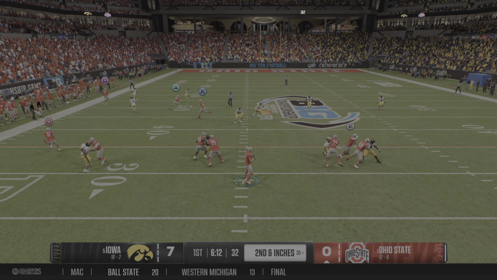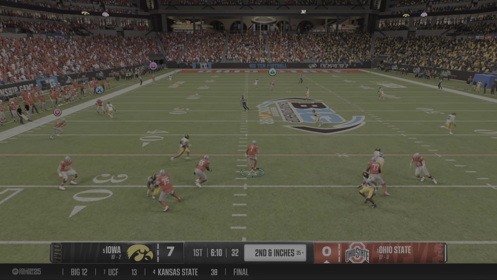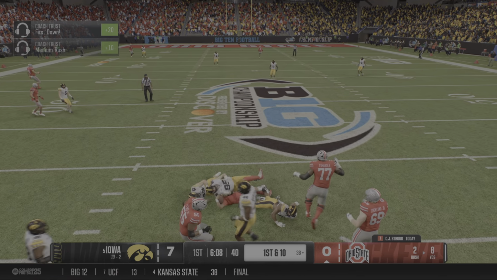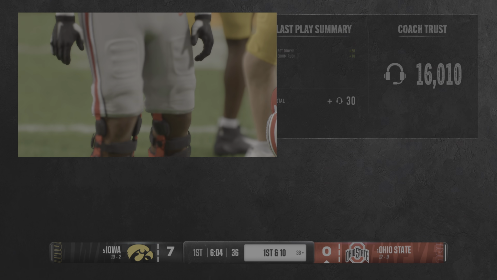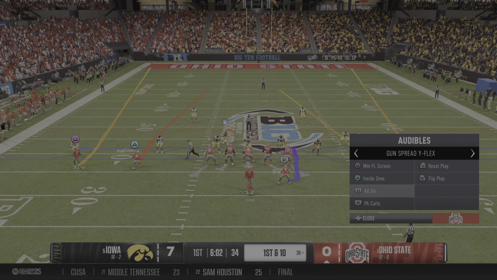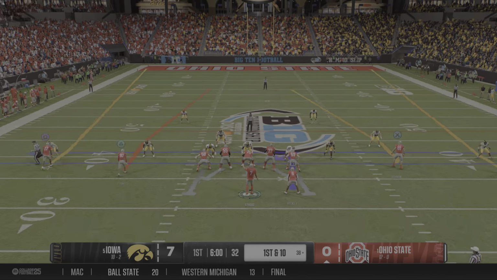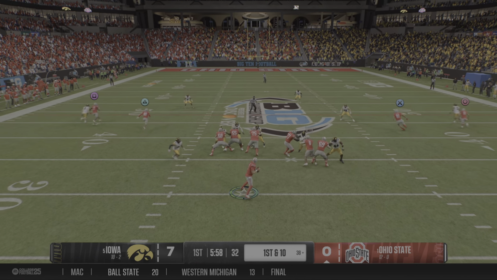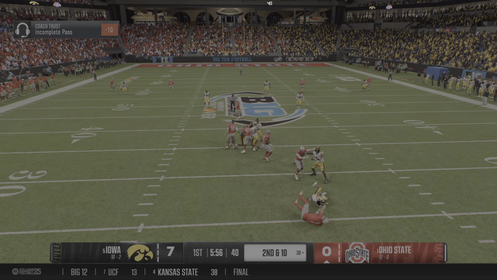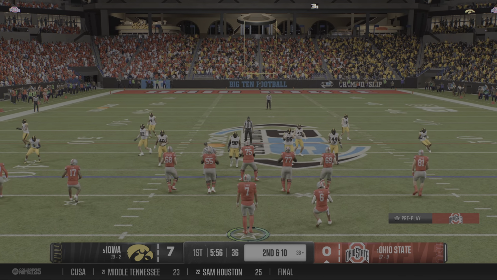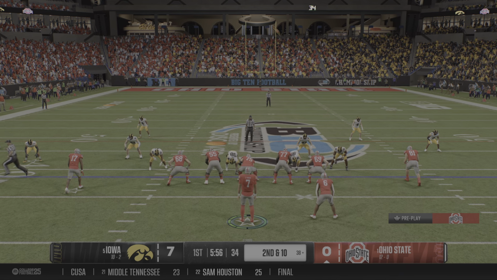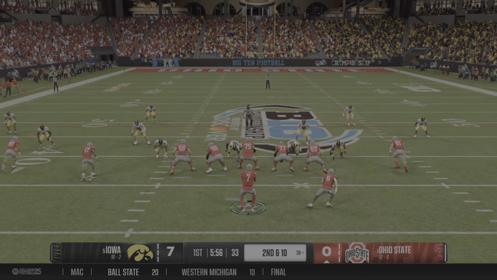Fakes the handoff here, looking to throw it. The pocket breaking down. Buckeyes looking to keep this drive rolling. Defense does a great job of taking everything away downfield. This quarterback wanted to take a shot, but nothing is there. The only problem is they didn't account for him taking off and running, so he picks up the first down. It's incomplete. He was hit as he threw. Good pass rush there on first down.